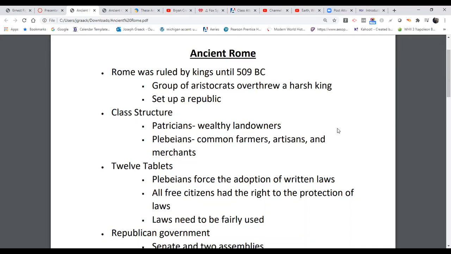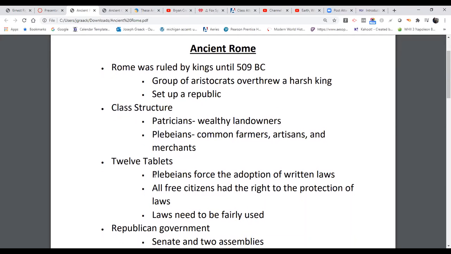The Romans are also one of the first to put laws into writing. And so what you would find when you went into Rome is there were 12 tablets on the entrance into Rome. Basically, the plebeians forced the adoption of written laws, right? And that stops discrimination. It stops sort of a change because the laws are written down. Maybe thou shalt not kill. It's all there for everybody to see, so they can't make up laws as they go along.